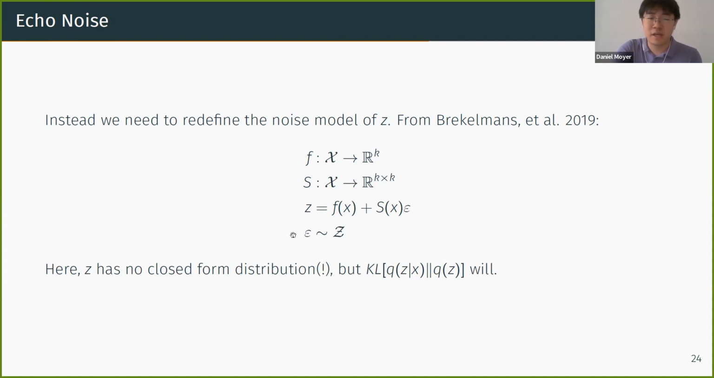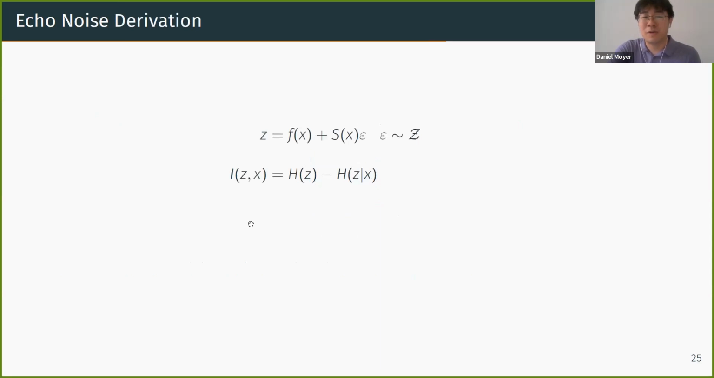So Z is the sum of f of x, a deterministic function, and s of x, another deterministic function, times epsilon, where epsilon is noise. But epsilon here is drawn from Z itself, the distribution of Z, which is a recursive definition. So here, Z has no closed form distribution, but it turns out that the mutual information will, and we'll speed through this, but